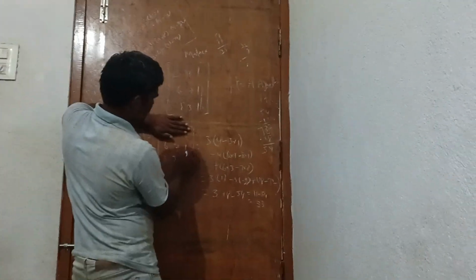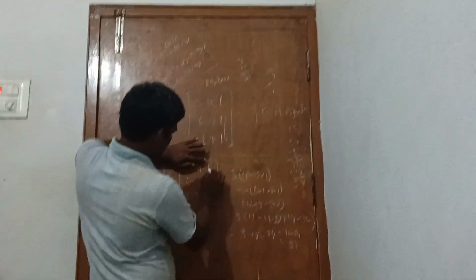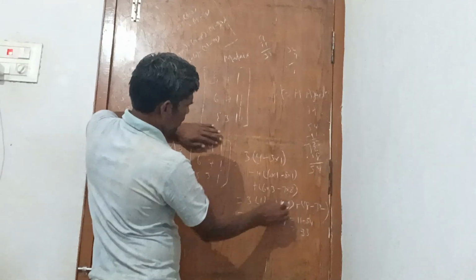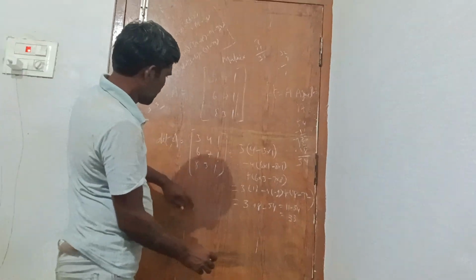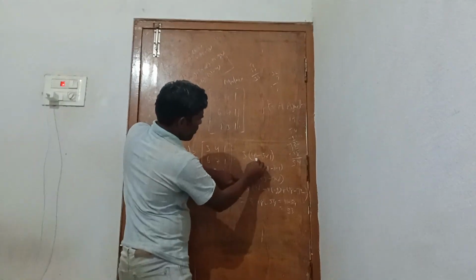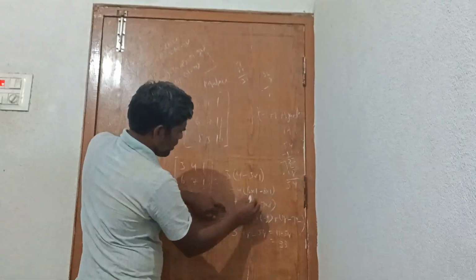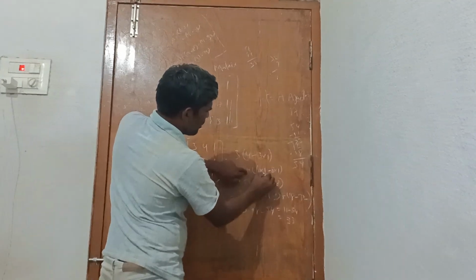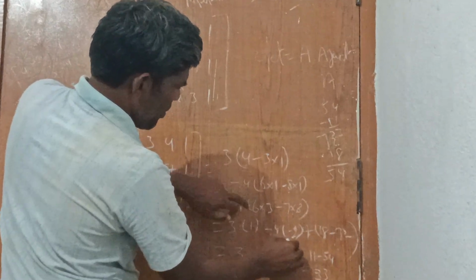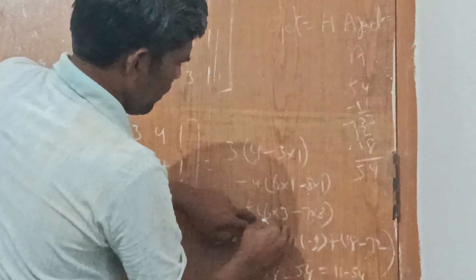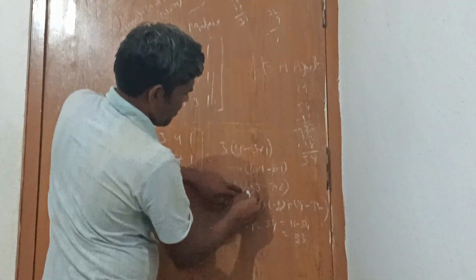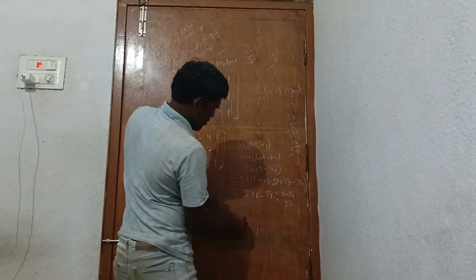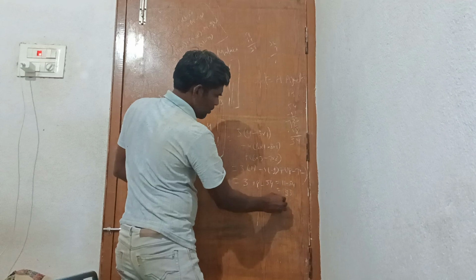6 1 minus 8. That one is 1. This is cancel. 60 minus 7 8. This is 88. Next one 3 into 4 minus 3 1 only 4 minus 4 6 minus 8 minus 2 plus 6 into 3. 6 is 18 minus 72 3 plus 8 plus 54 equal to minus 33.